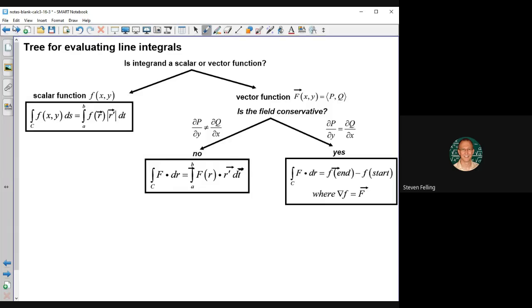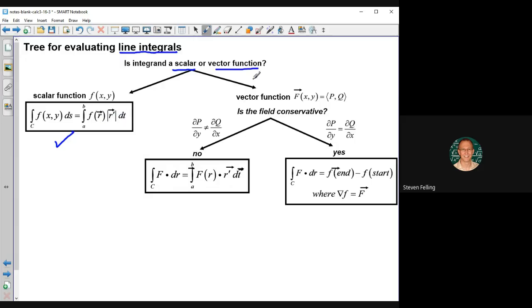examples. Before we do that, though, eventually we're going to add on to this. This is the first time we've shown this, but we're going to be able to build a tree of different ways that you can find integrals for vector calculus. And we're starting with line integrals here. So the first question we might ask ourselves if we're presented with a problem is: is the integrand a scalar or a vector function? Right? If it's a scalar function, then we have to use the scalar version of a line integral, right? Which has us finding the derivative and the magnitude of the derivative, and then evaluating the scalar function over that